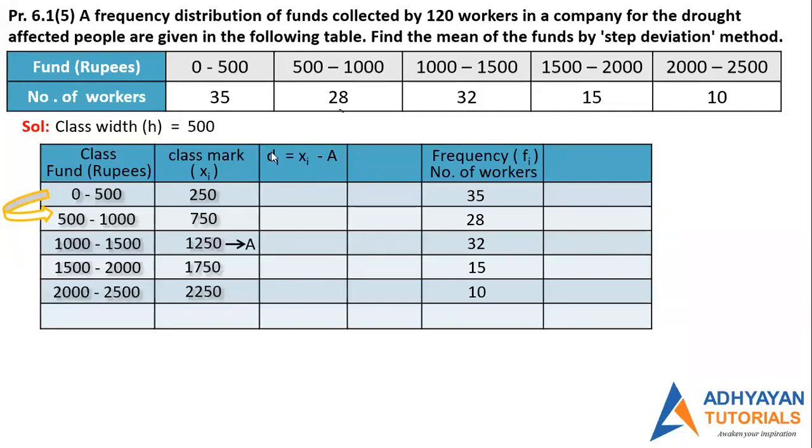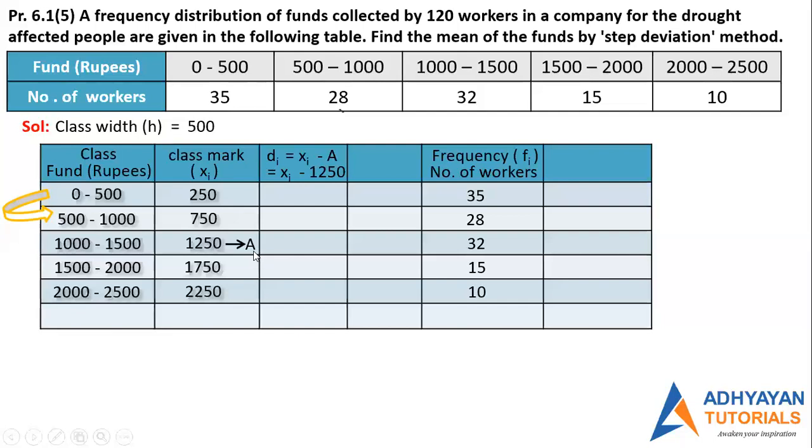First of all, di is equal to xi minus a. What do I write here? Everybody is writing with us, okay? Xi minus a, what will that be? Xi minus 1250. Perfect, because we have assumed a as 1250. Khushi, if I take any other number than 1250 as a, is it okay? Yes, perfect. Now, how do I write the di column? Please tell me, Khushi. Whichever number I've assumed as a, that is 1250, in front of that I have to write 0.